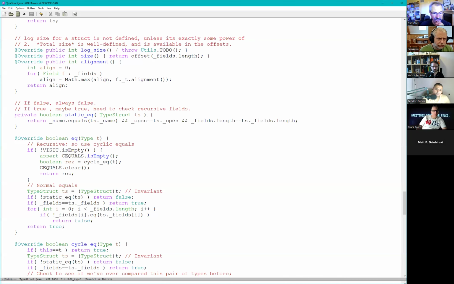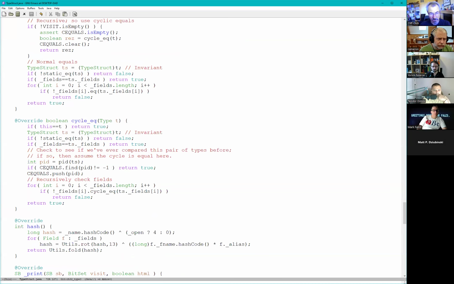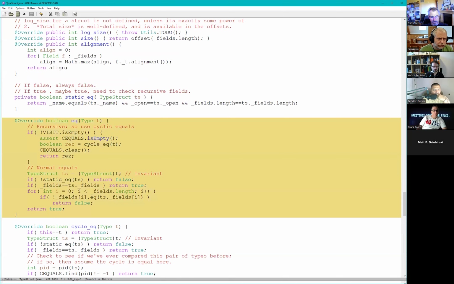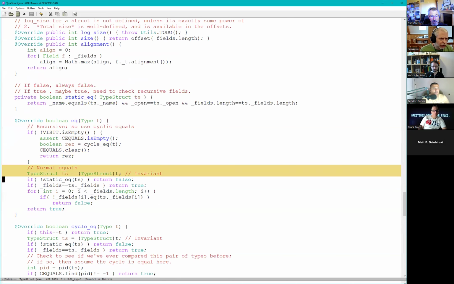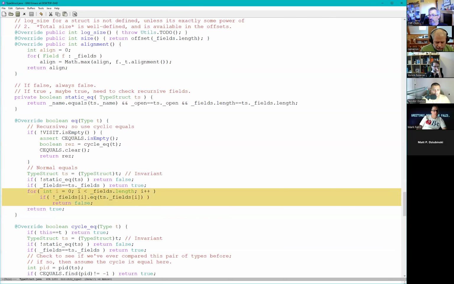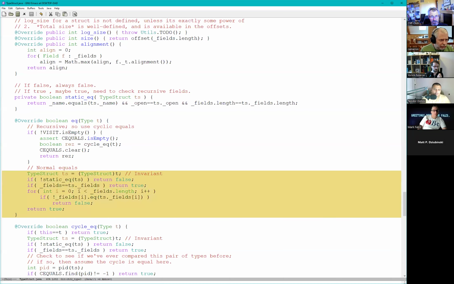Theodore. So here is the equals call and the recursive, the cyclic equals. So equals is what I do if Java equals was used in a hash table, for instance. And I already checked that you're two compatible types. So you're in the second half here. I know that the type that got passed in has to be type struct. And then I'm going to do some static parts, which is their names are equal and some flags are equal and the count of fields is equal and so on. And then I just do structural recursion. Walk the fields, they have to be equal. This is normal structural recursion, just fine.